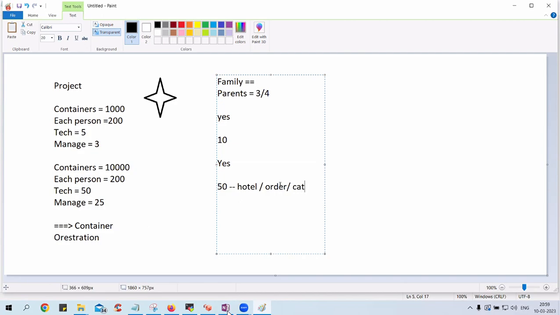Catering, yes. Catering. So this is what we think. The same example: let's say 1,000 people are coming for an event. Will you go for catering, or will you hire a cook to prepare the food? What is the right choice, guys?